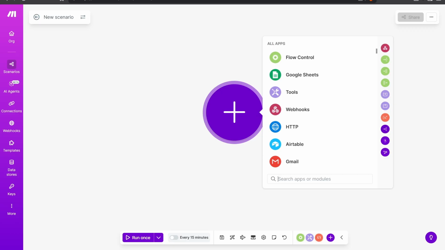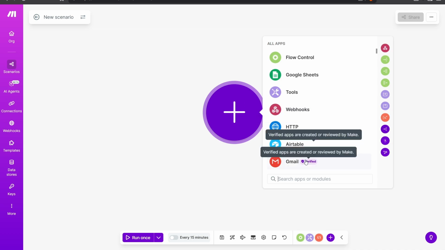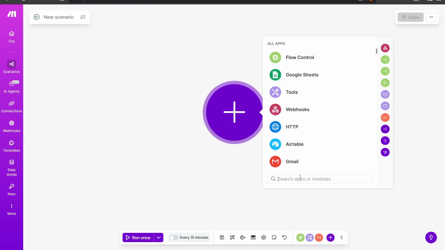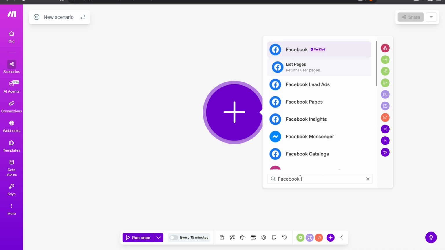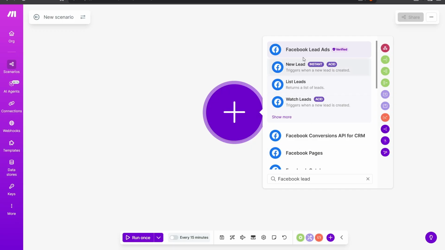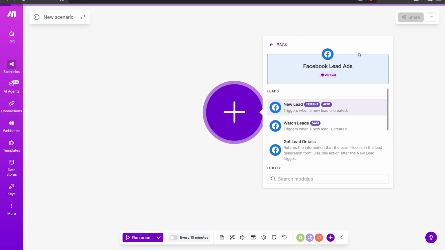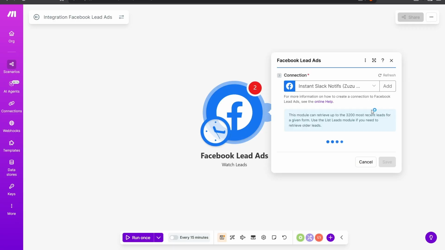And to do that, on the right-hand side, at the bottom on the search bar, just simply search for Facebook leads. Once you do, onto Facebook Lead Ads on the right-hand side, simply make sure that it is a verified application and then click on it. Now, under leads, you want to go to the bottom and then click on the Watch Leads button. On the right-hand side, what you want to do is click on the Add button,